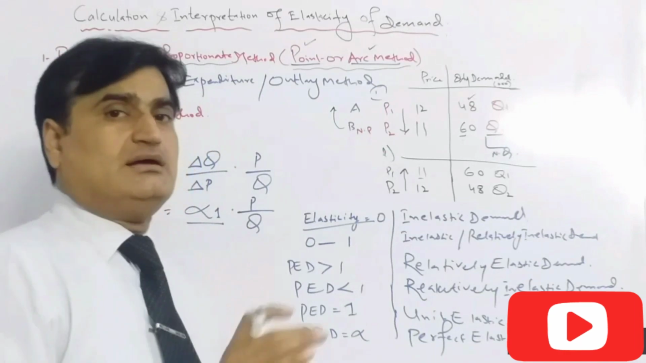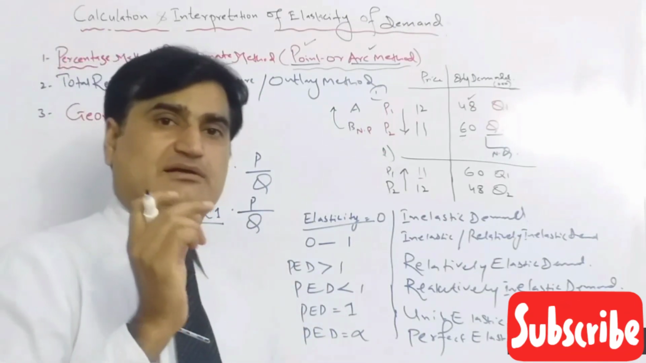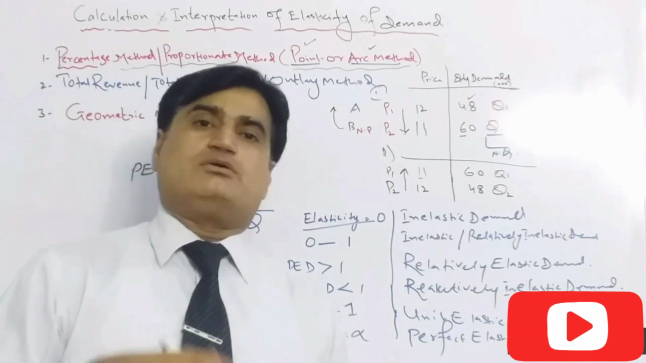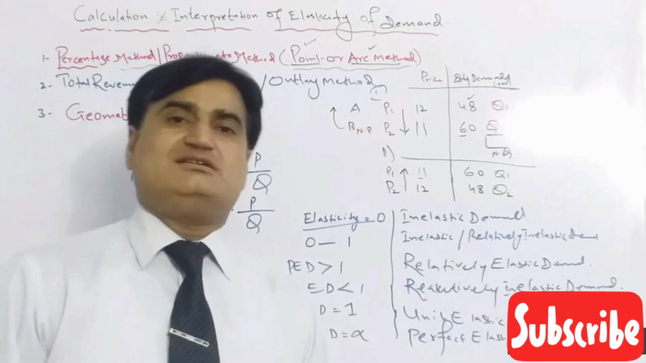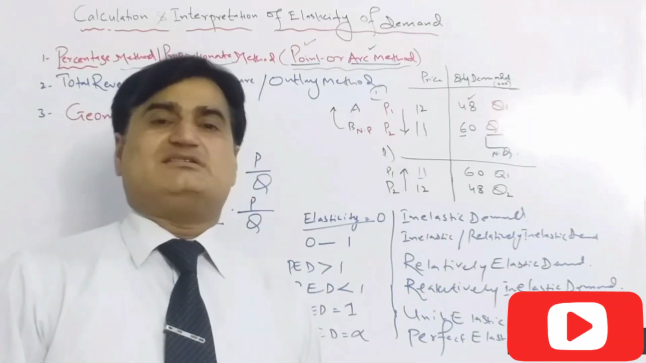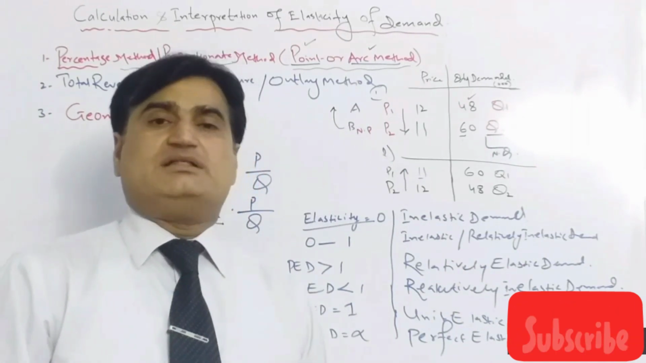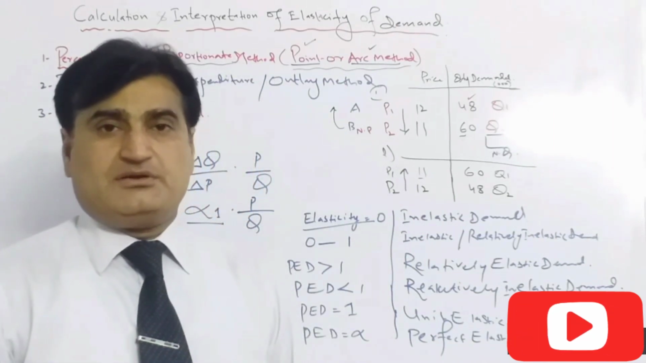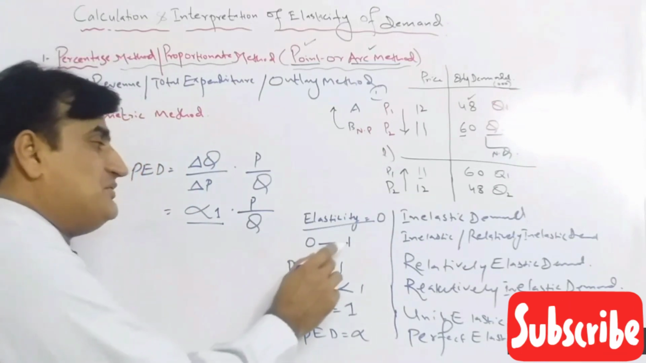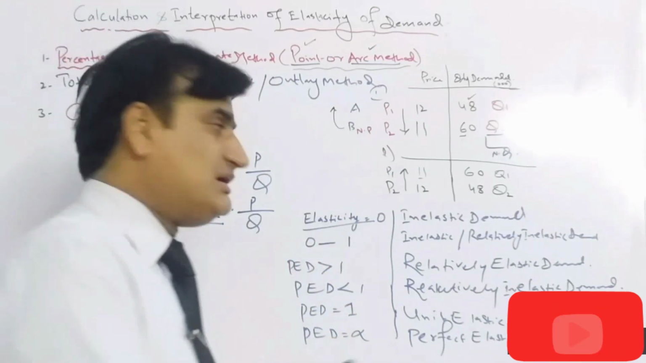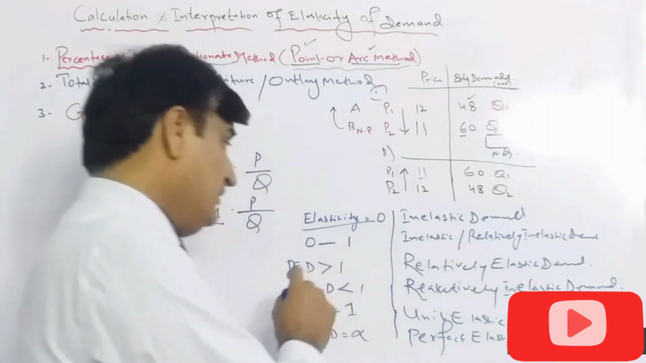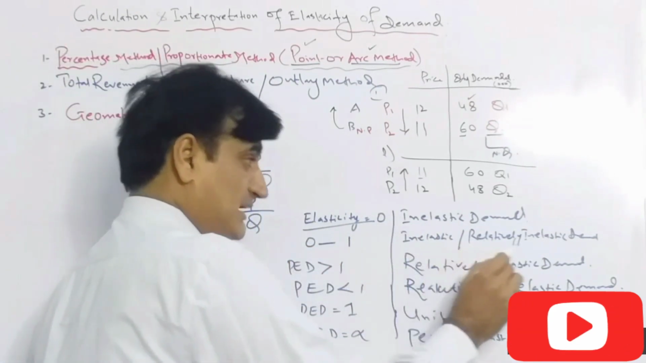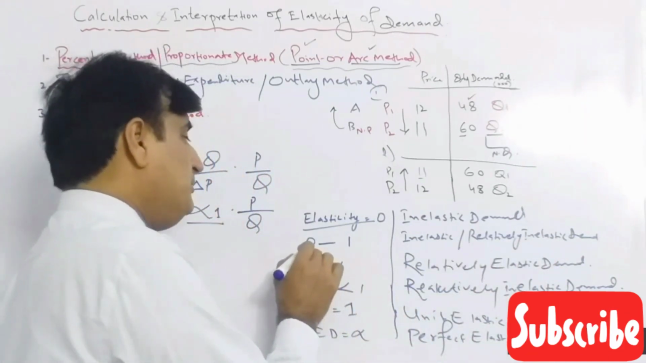We have learned here that the sign and the value must be interpreted separately because the sign tells about the nature of the commodity. When the elasticity sign is negative, it means the discussed goods are normal goods. When the elasticity sign is positive, it means the discussed goods are Giffen goods. And when the elasticity is 0, it means it's an inelastic demand, meaning the quantity demanded does not respond to change in price. When the elasticity is between 0 and 1, it's a relatively inelastic demand,